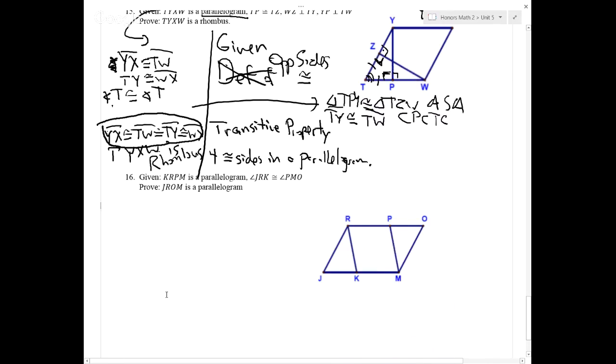Now, 16, we have here that KRPM is a parallelogram. We have JRK and PMO are congruent. So let's kind of talk through a plan here and see where we could go. So I'm going to use opposite sides congruent. Gives me that. I could also go